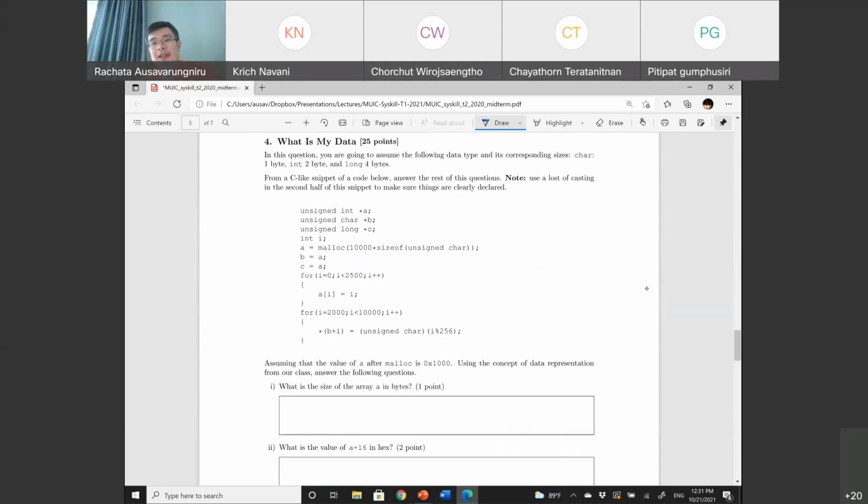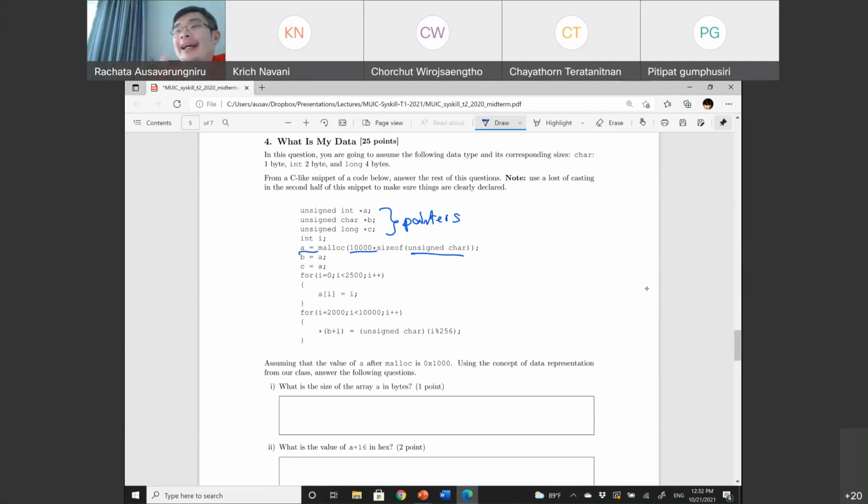This question is actually pretty simple, but there's a trick to this. So I say, hey, I have these pointers, and I malloc for A, 10,000 elements, and A is size of unsigned char. So let me ask you this.